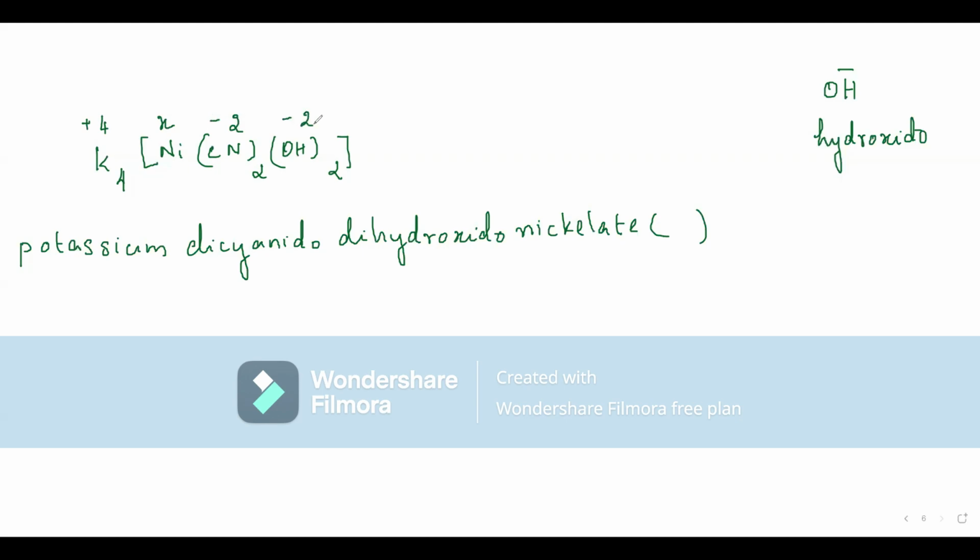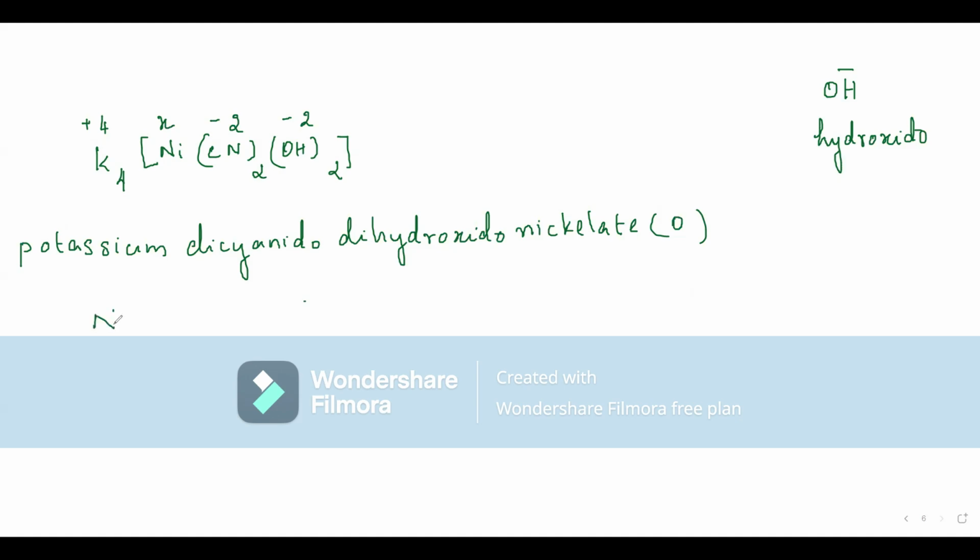Now look at the charge here, +4 and -4. So X is 0. It's absolutely fine to write the charge as 0. This simply tells that the central metal is in the atomic state itself. It's not an ion, it is an atom. Potassium dicyanido dihydroxido nickelate. Last one more example under